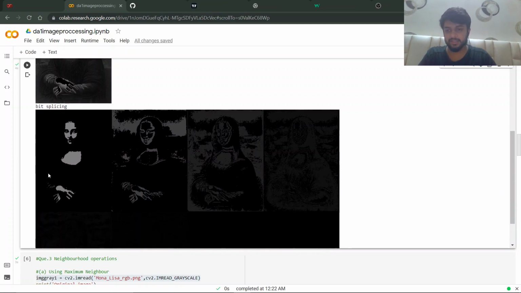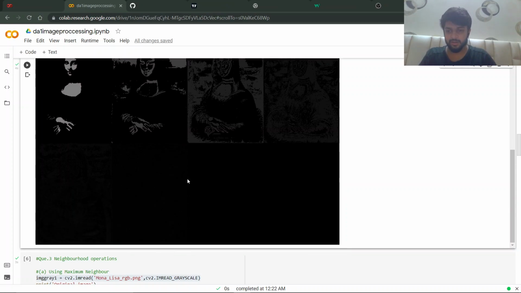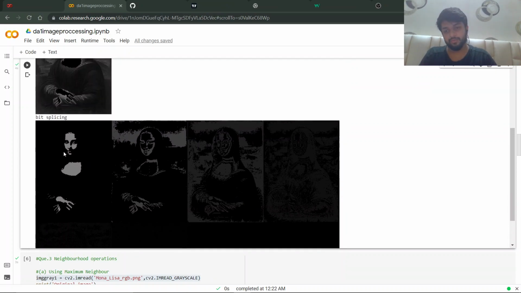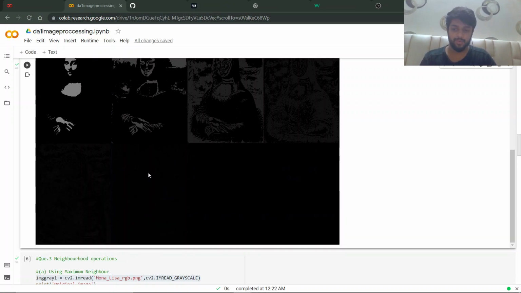As it slices the image into every bit, like there are 8 bits, so there will be 8 outputs. The lower bits do not have any visible value, so it does not show anything. But if we take a pretty high quality image, then we will get something in that. Like as you can see, in the 1st, 2nd, 4th, and 5th bit we are getting some value, but beyond that there is nothing. So there is that.